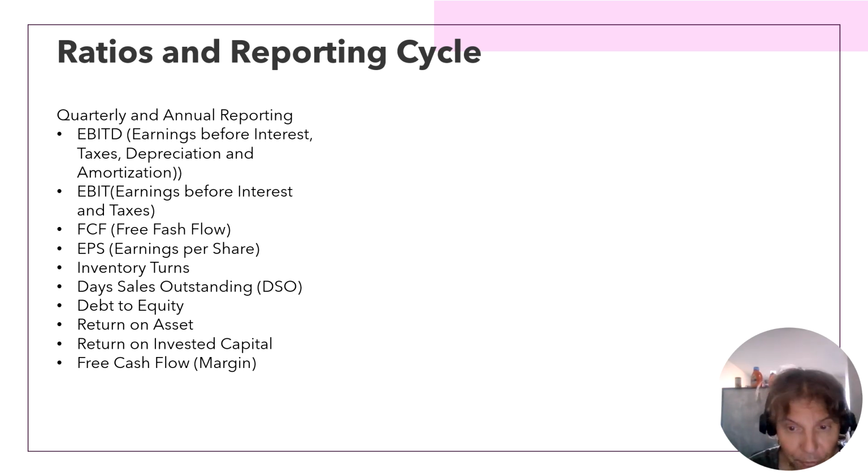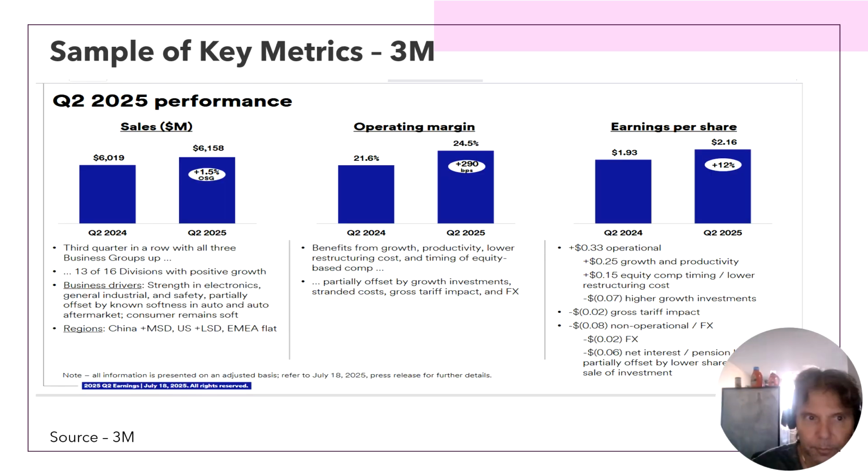Earnings before interest and taxes, EBIT, free cash flow, earnings per share, return, sales outstanding. These are the type of high level metrics you do. So a lot of organizations will have these rolled up. Some of them will report them within their investor presentations or as part of their month-end, quarterly reports, annual reports to the boards or their internal meetings. They'll report this as well.